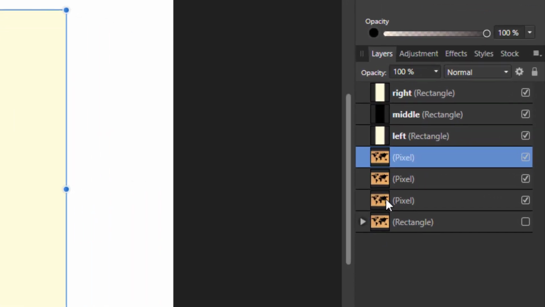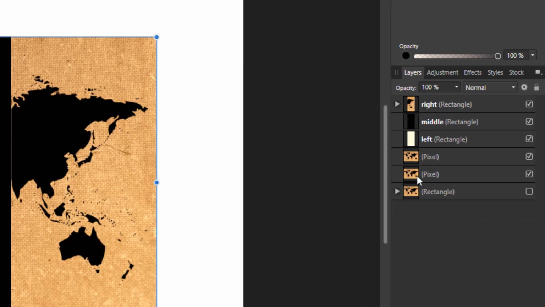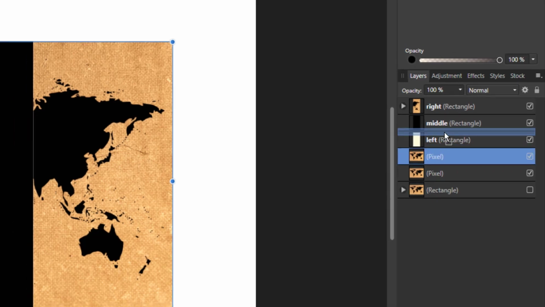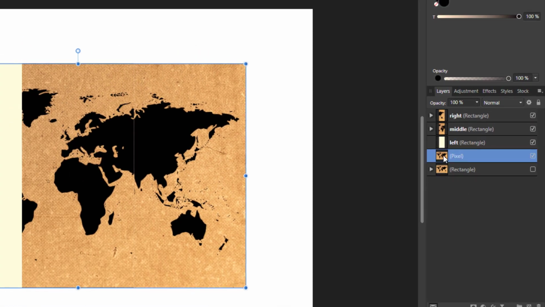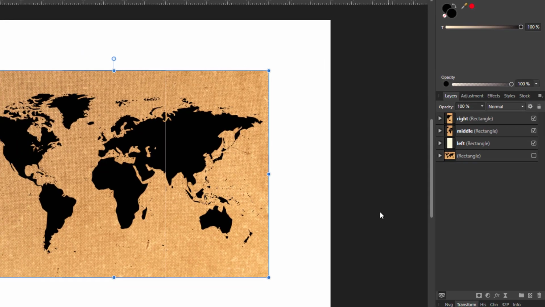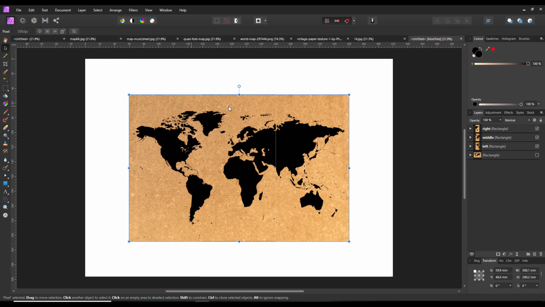2 times, and then I'm going to drop one of these in each of these panels, making it a child of that particular panel. So again, you're looking for the blue line that comes across but not all the way across. So I'll do this top one first and drop it into the right panel, and then do the next one and drop that into the middle panel, and the last one and drop that into the left panel. Now I don't know if you can see this, but there's a slight line there, so this may not be absolutely touching 100%, but at the moment that's not much of a problem,